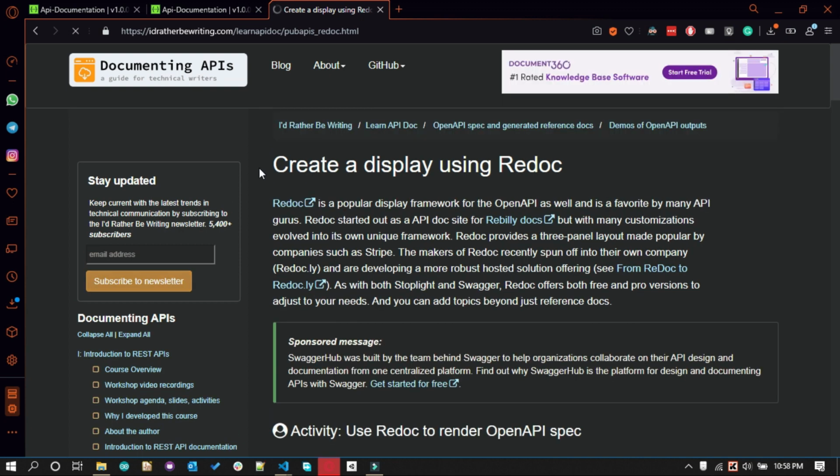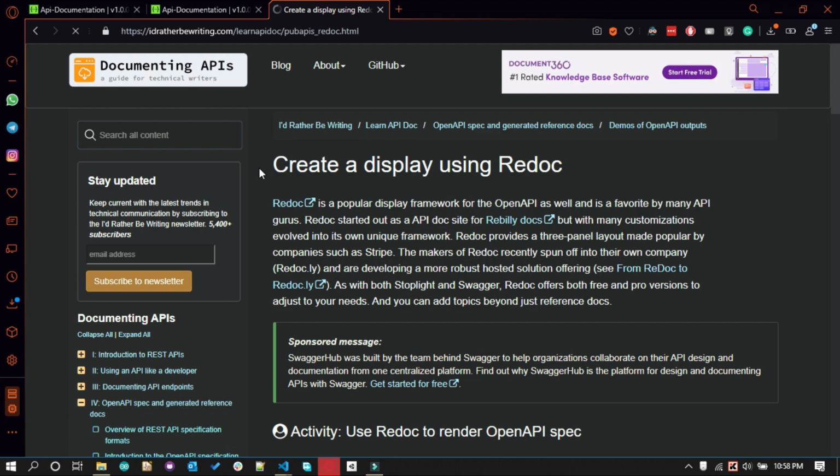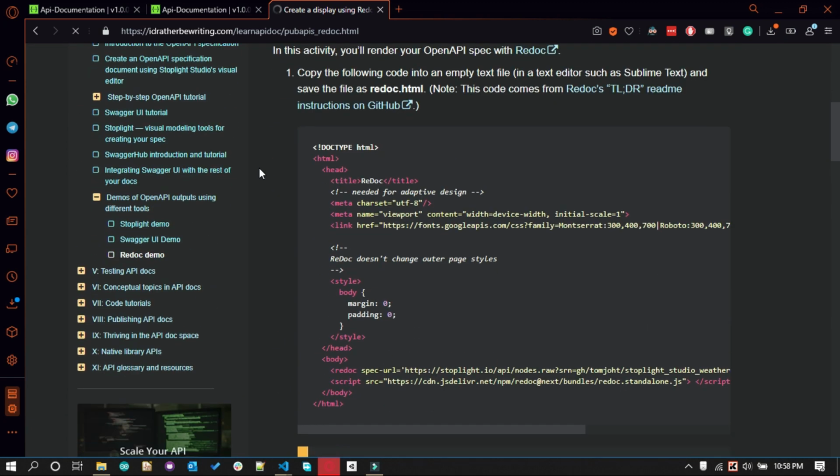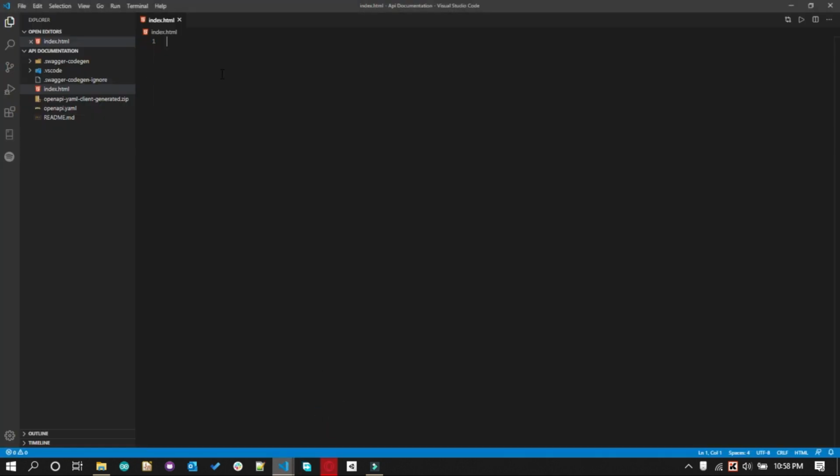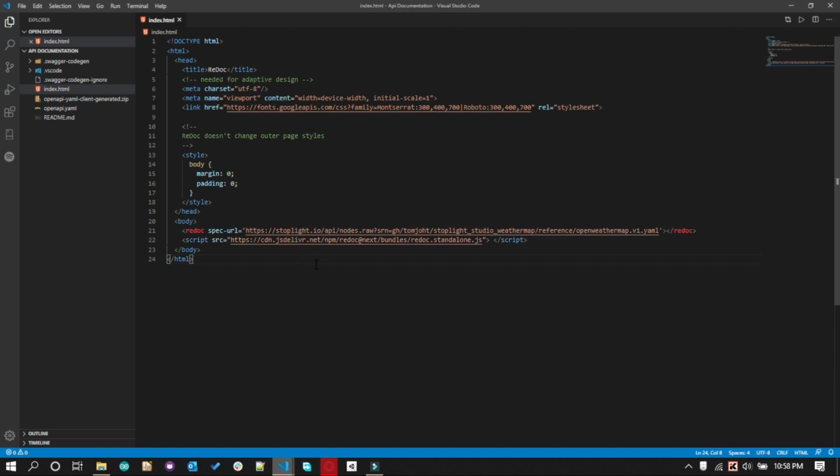Here we can find the HTML code which includes the JS library from Redoc. This is a very simple code. It takes a YML or JSON file and gets the Redoc source code using the script tag. What we need to do is change the source to our local openapi.yml file.